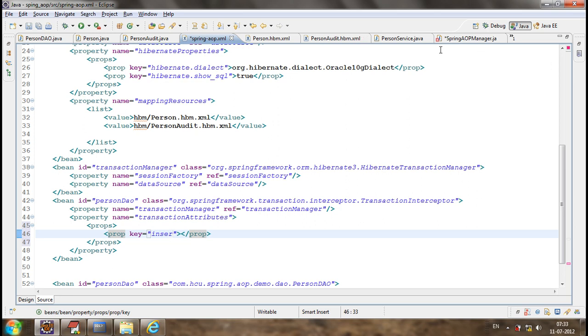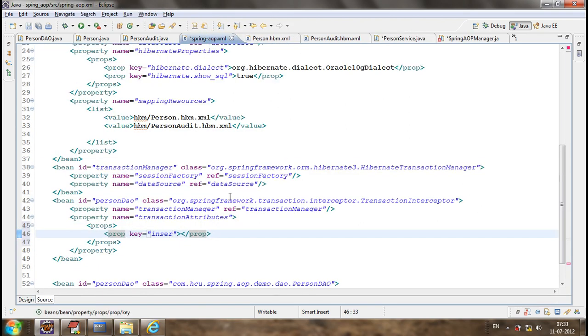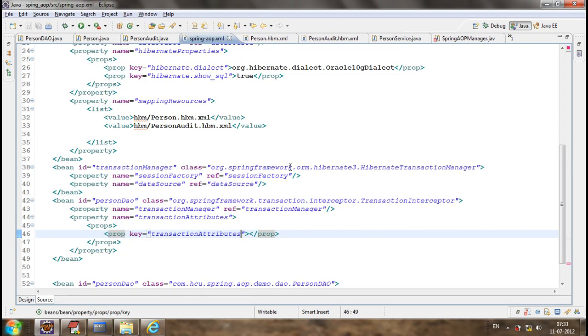Now what is the name of the method here in the service? Add person. The name of the service method is add person. Okay, then